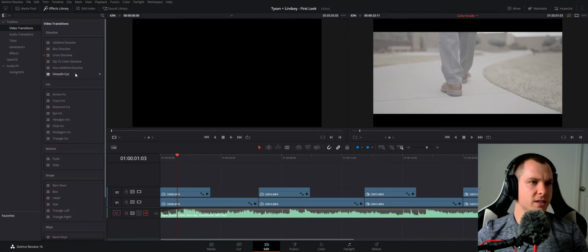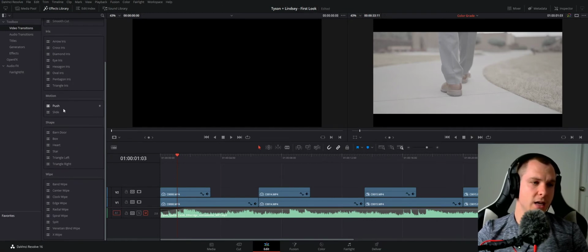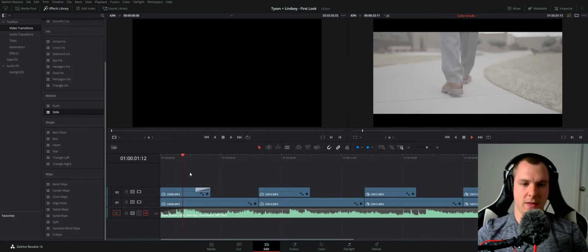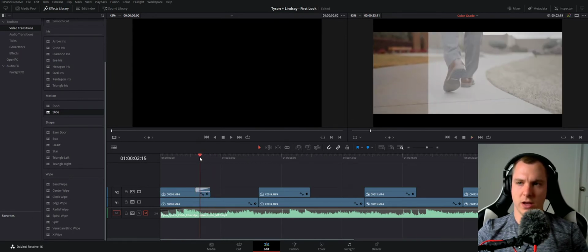I'm going to open up my effects library, go to video transitions, and there are a couple of options. I can choose really any transition that I want, but I'm going to use slide. I'm going to click and drag that to the end of this clip, and that's actually going to get us started on the look that we want. See that? So it's already kind of doing that,